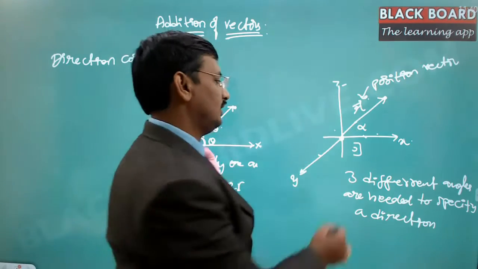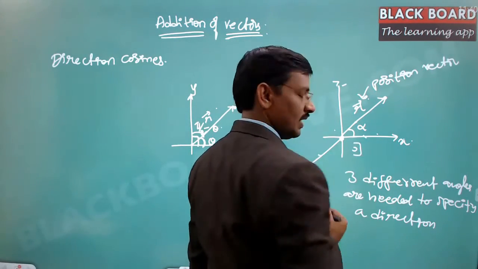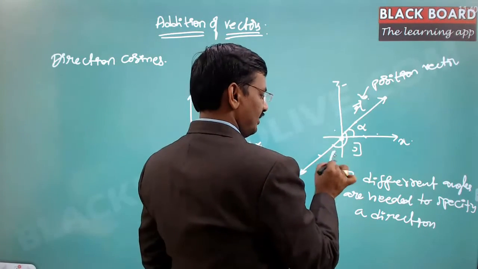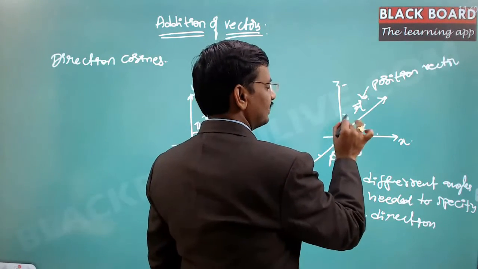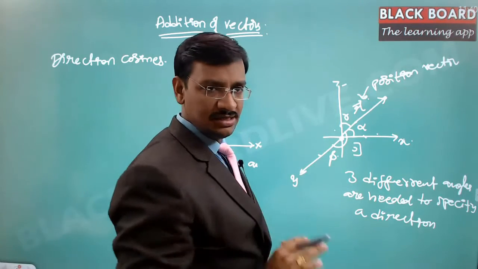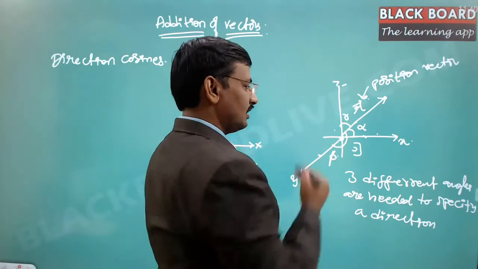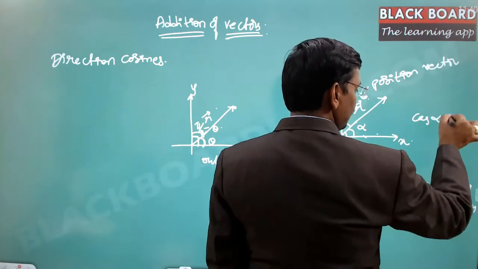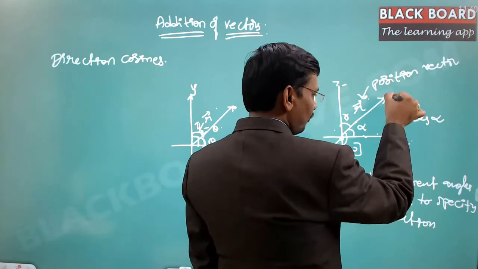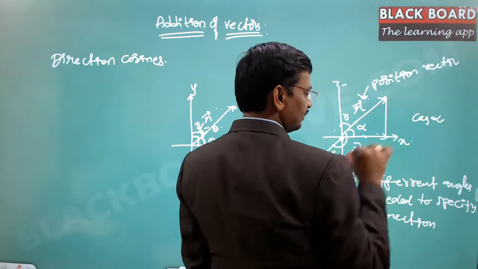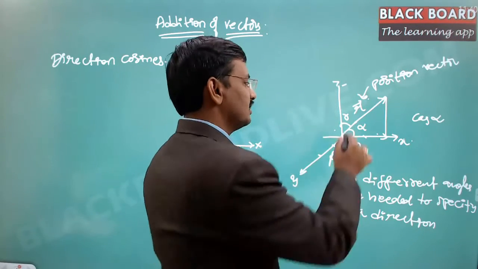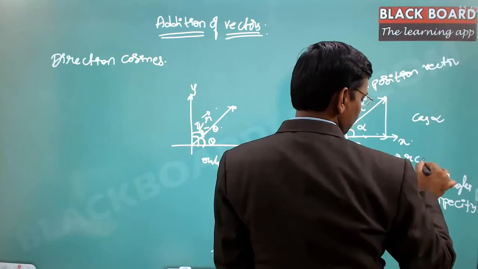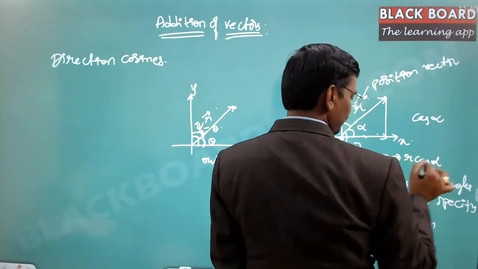So here, if you specify the angle with respect to x as alpha, the angle with respect to y as beta, and the angle with respect to z as gamma, because all three angles are different, then the cos of these angles, that is, if I take cos alpha, is nothing but a projection along the x direction. So that is the cos alpha value. Suppose this is r, then the x value is going to be r cos alpha, obviously, right? Because this is the projection.